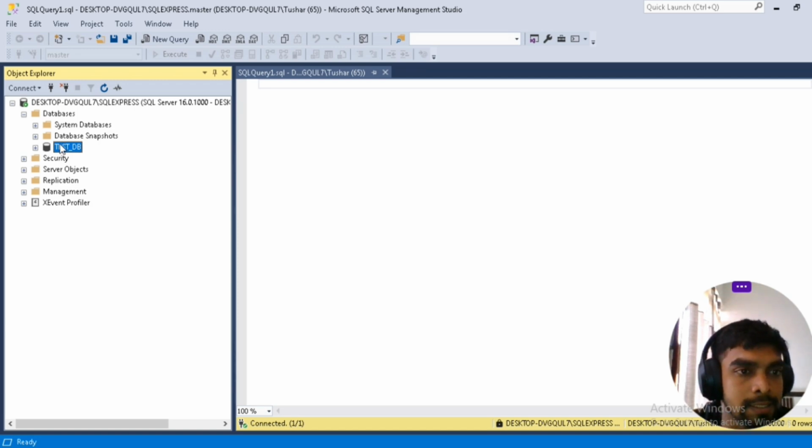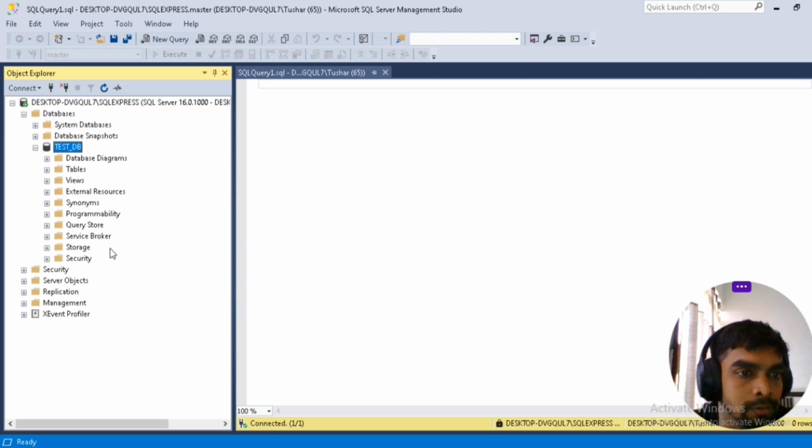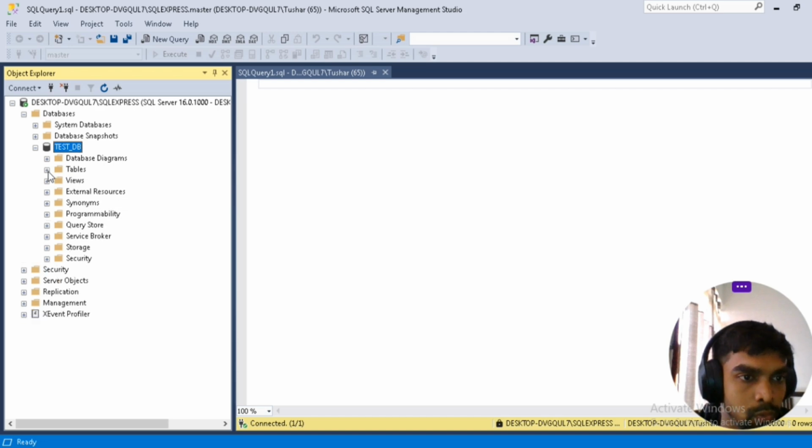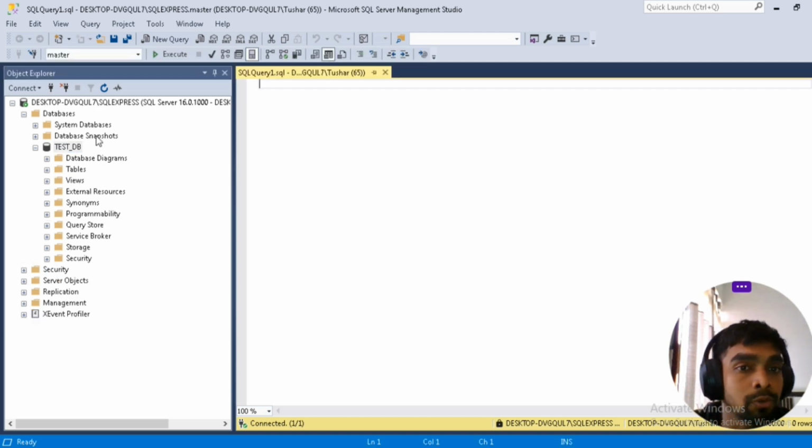Okay, so this test db is our first database. If we go inside the tables, there is no table as of now. Okay, we have just created a database. Okay, next thing is, if you want to create a database not by this option, if you want to create by using a query, so simple queries like use, sorry, not use, we have to create one first. So create